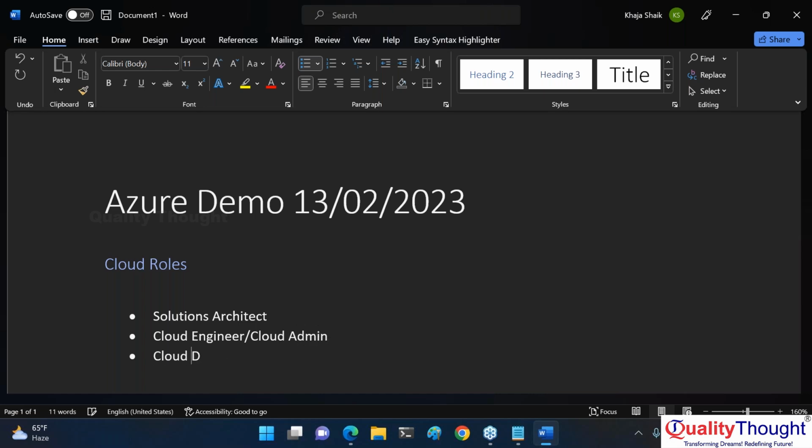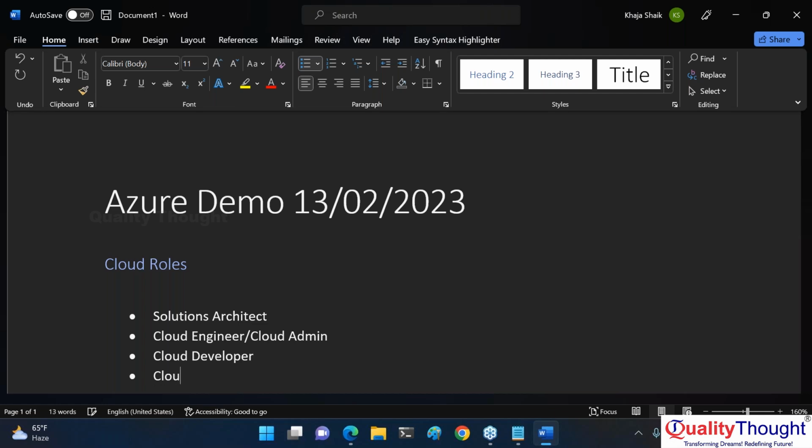Then you have cloud developer. These roles have nothing to do with which cloud you are learning. Let it be AWS, Azure, GCP, any cloud which you learn, these are common roles. Generally, the cloud name comes in the beginning. Azure Solutions Architect, Azure Cloud Engineer, Azure Cloud Admin. If it is AWS, you will get AWS Cloud, AWS Solutions Architect. That's the basic thing.